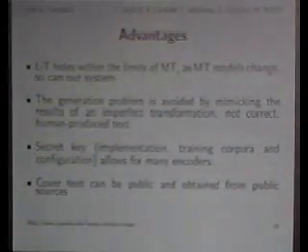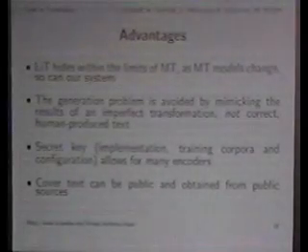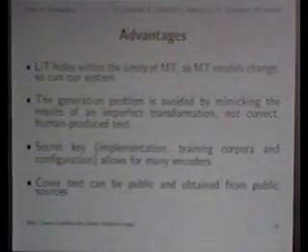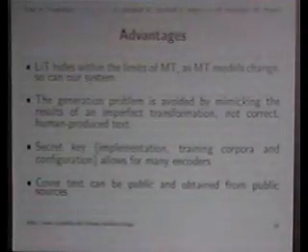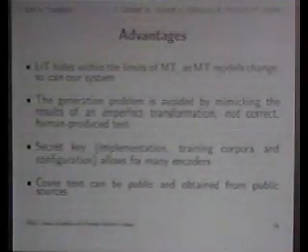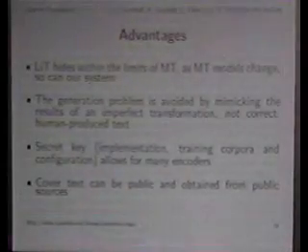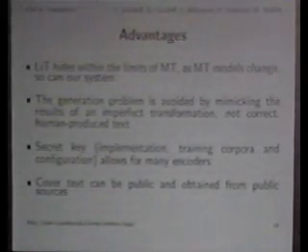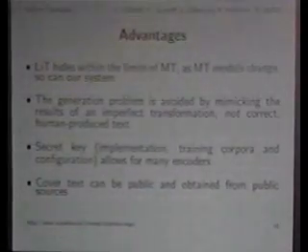We have a secret key that can be used to configure the system, and you can have it be very small. You can just say, okay, I'm using Babelfish and Google and semantic substitution with 2 witnesses, or you can make it more complicated. You can say, I've got this machine translation system, and it was trained on this corpus. Machine translation systems are statistical, so they are typically done in a way that you have some large parallel corpus of sentences in English and in German, and the machine translation is supposed to learn what a good translation is. And if you have a different corpus, you get a different machine translator. So you can make this entire corpus part of your secret, if you so want to. So you get lots of possible variations there.